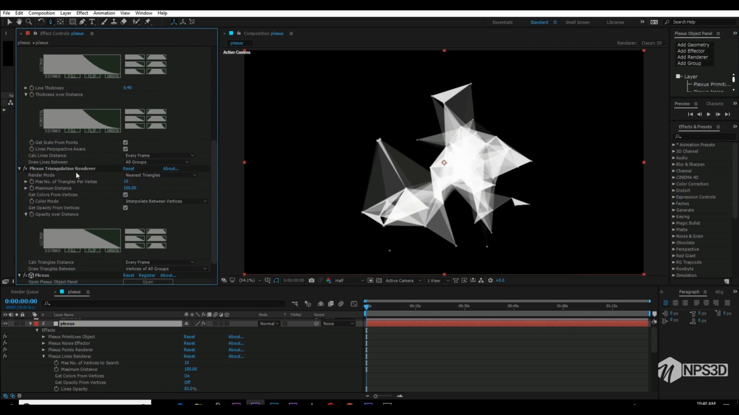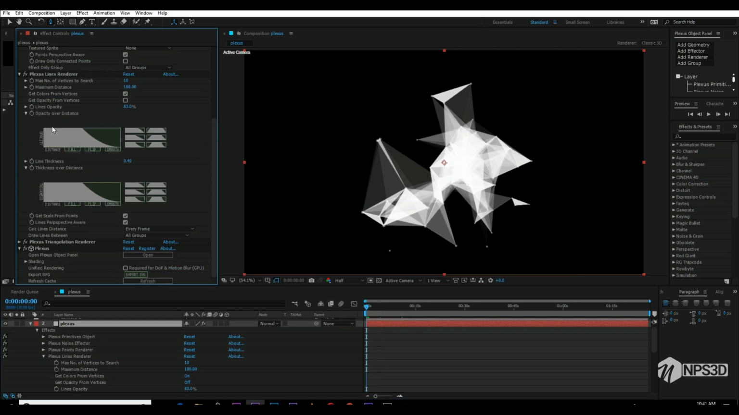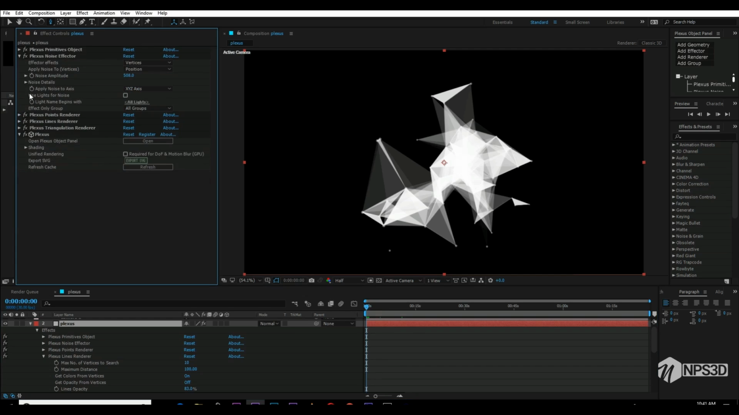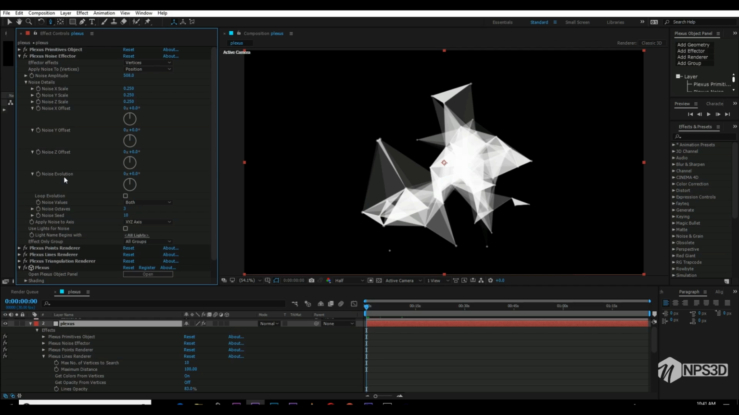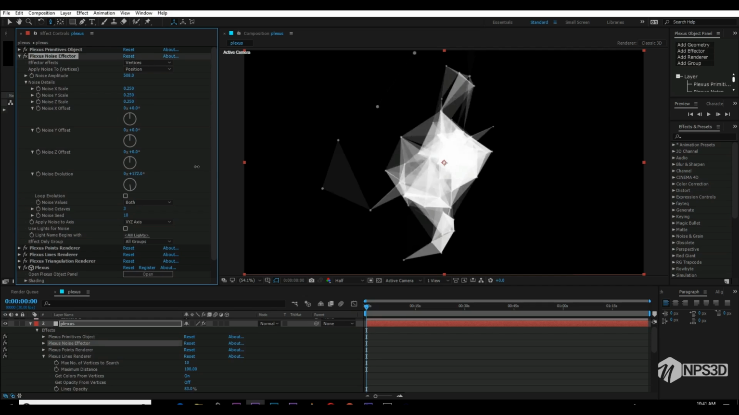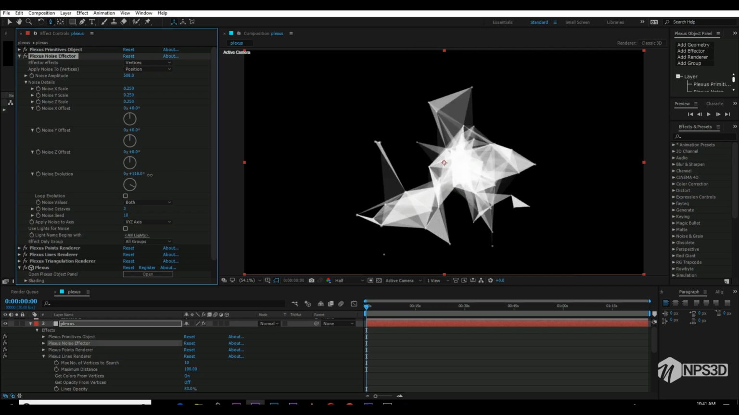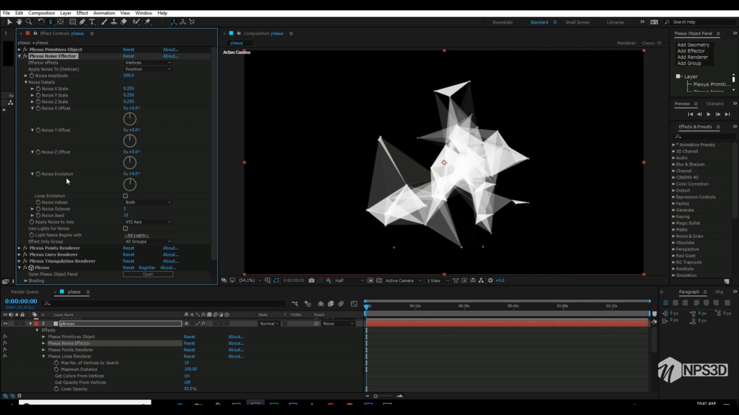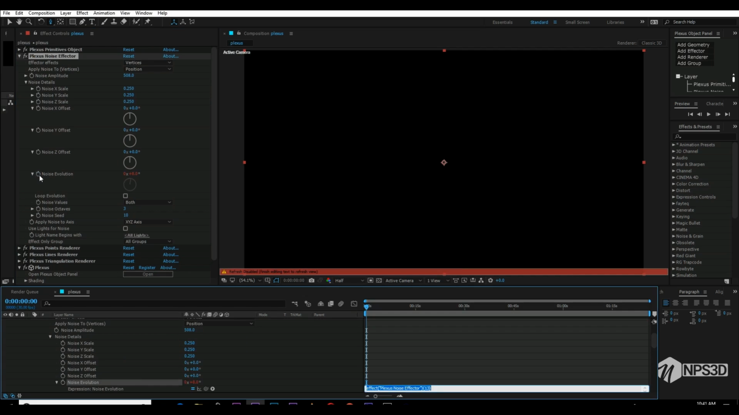So go to the properties, and maximum distance 100 is good, and if I play it, nothing is happening because I did not animate it. So go to the noise section again. So here is the noise, and go to the noise details, and here is your option called noise evolution. Sorry if I pronounce it wrong. So let's add an expression on the noise evolution. So just press Alt and click on the stopwatch and just type time star